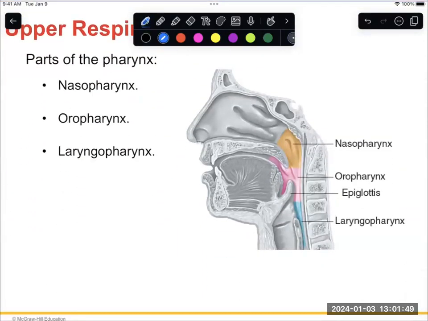So that pharynx is separated into that nasopharynx, oropharynx, and that laryngopharynx. They are separated into those three parts. Pharynx also means throat. So that nasopharynx,